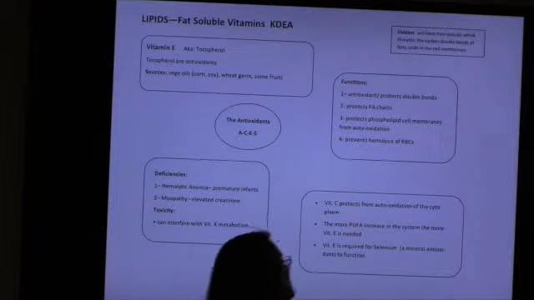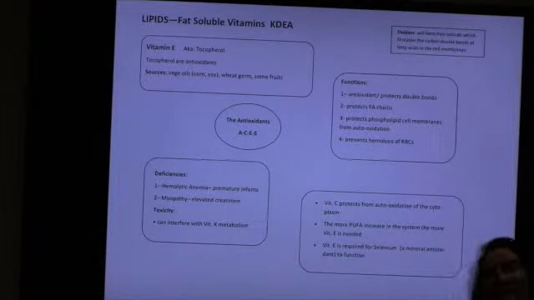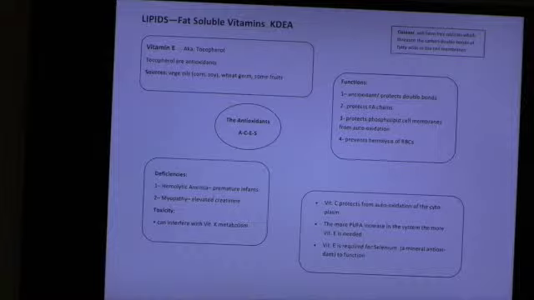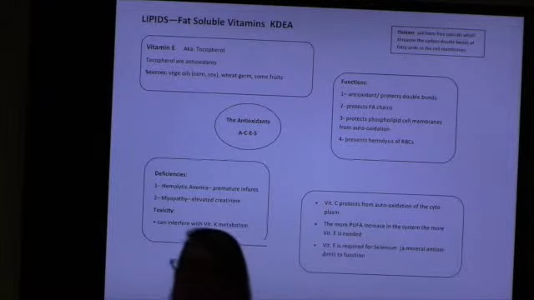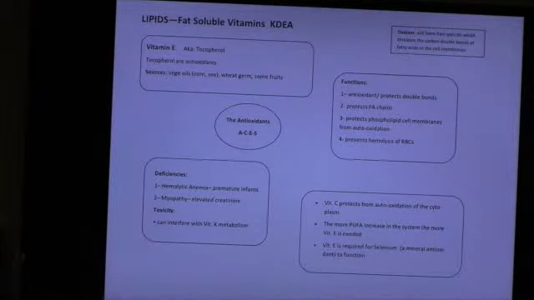Okay. The more PUFAs you have in your system, the more vitamin E you need. Okay? So remember what PUFAs stand for? Okay. This is an important one. Vitamin E is required for selenium. So for it to function as an antioxidant, you have to have selenium in your system for vitamin E to work that way. Does selenium require vitamin E? No. So it doesn't work both ways. It only works one direction.